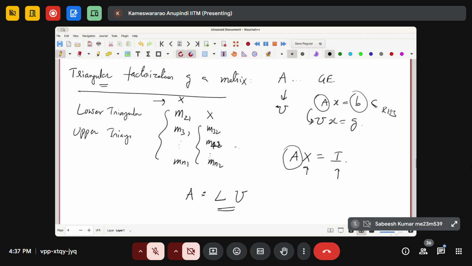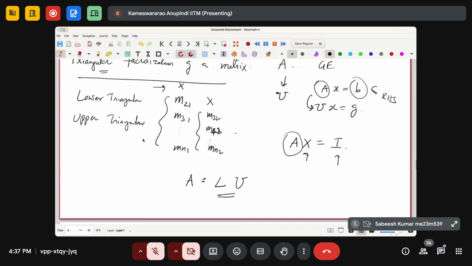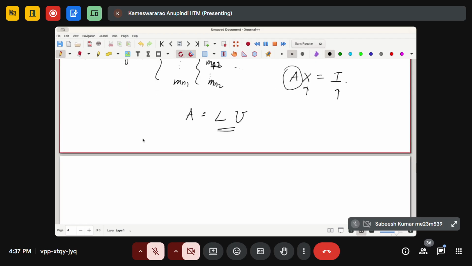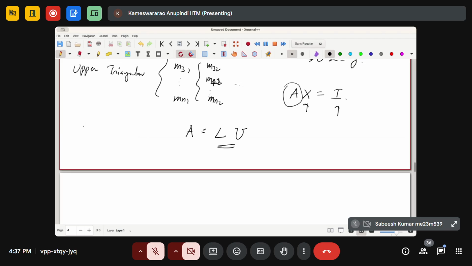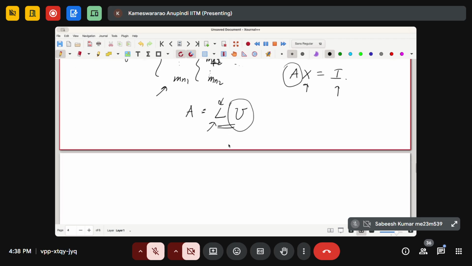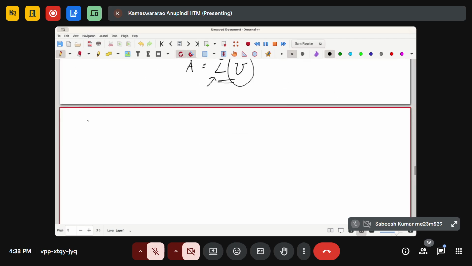Okay. Now, how do we do this? To do this, I'm going to rearrange. We know that after performing row operations, we converted our A into U. But then we have also made use of several of these multipliers, right? I'm going to arrange these multipliers in a certain way so that that's going to give me a lower triangle looking matrix. Okay, that means I'm going to write all these multipliers that I have as,